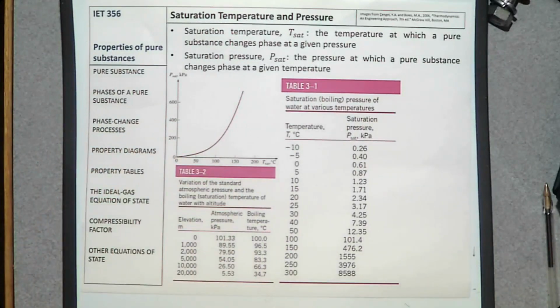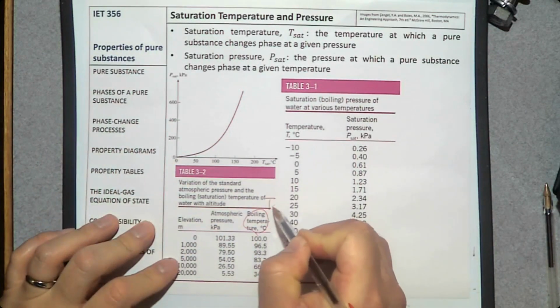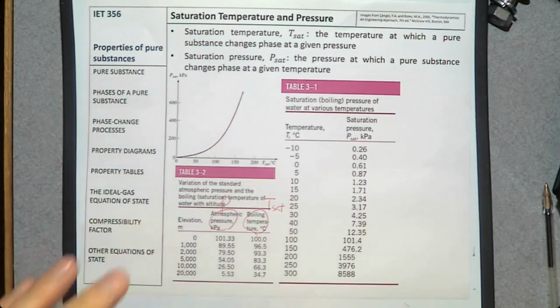Saturation temperature: the temperature at which a pure substance changes phase at a given pressure. So this table A-3 shows the saturation temperature at the given pressure. So this one is T_sat at the given pressure. At room pressure, like the atmospheric pressure, 1 atm, approximately 101.325 kilopascal, T_sat is going to be 100 degrees Celsius. That's what we understand. The boiling temperature of water is 100 degrees Celsius because we live in Mount Pleasant, not